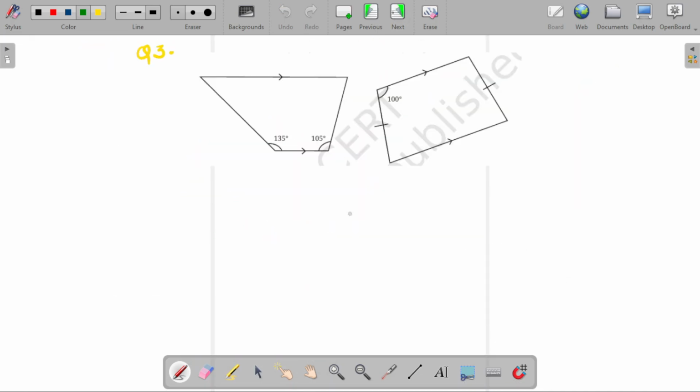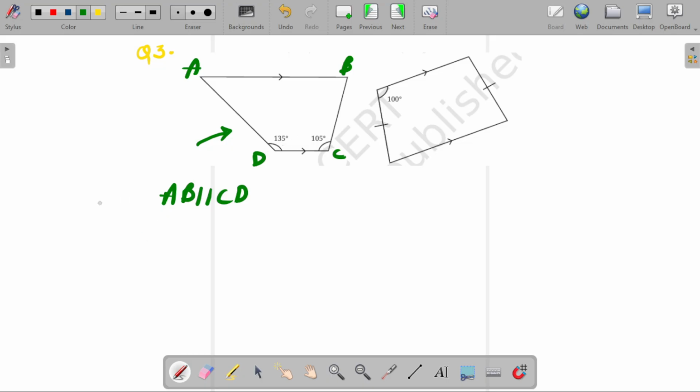Moving to the first figure, say this is A, B, C and D. You are given AB is parallel to CD. And angle C and angle D are given. This is 105 and this is